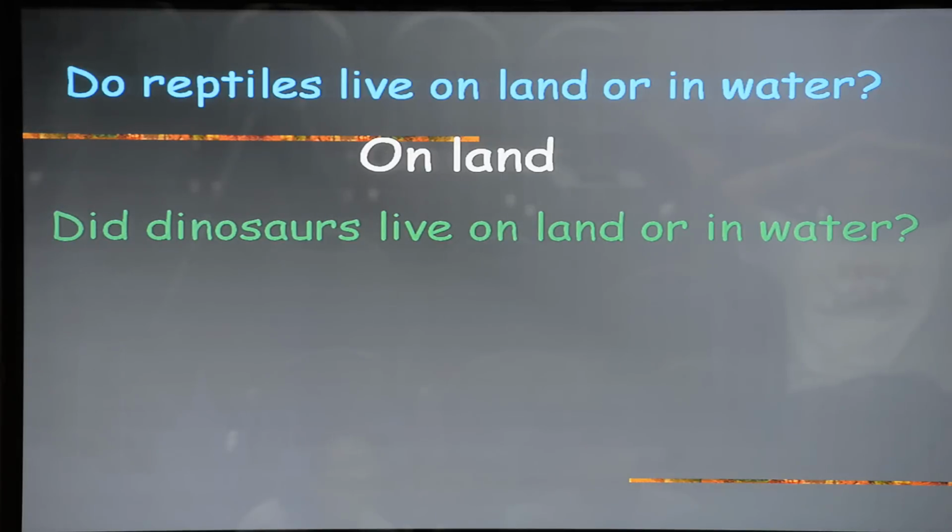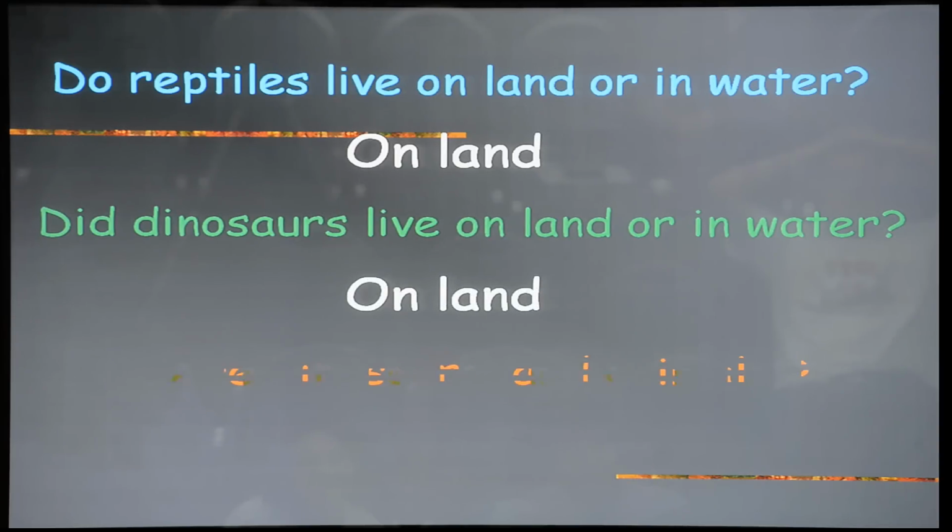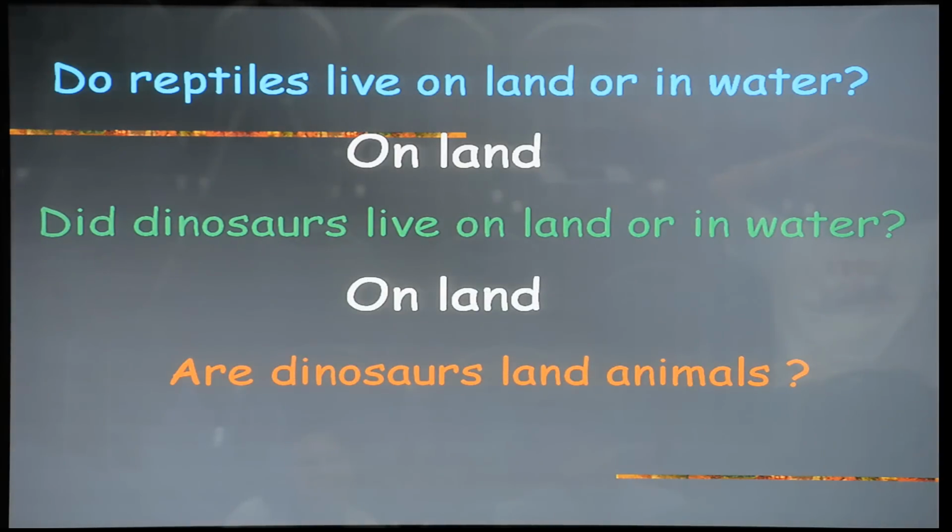Okay? And did dinosaurs, think of a T-Rex, think of a Brontosaurus, think of a Stegosaurus, think of the raptors, did they live on land or in the water? On land, right? And dinosaurs, according to Genesis, are land animals. So